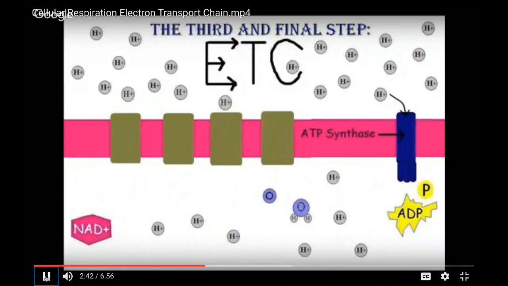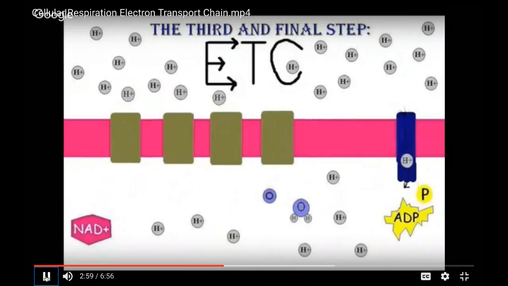Or one water molecule. These 2 electrons will not only do that, but they will also spin the ATP synthase, which is right there. Now, the ATP synthase is this blue colored thing. I'm not sure if it's blue. I'm colorblind. But when it spins, hydrogen will enter